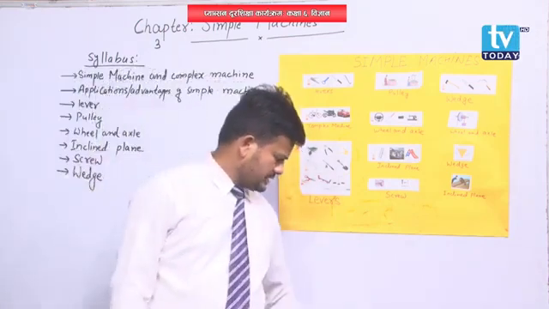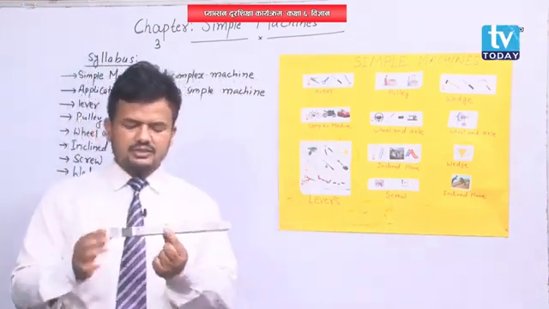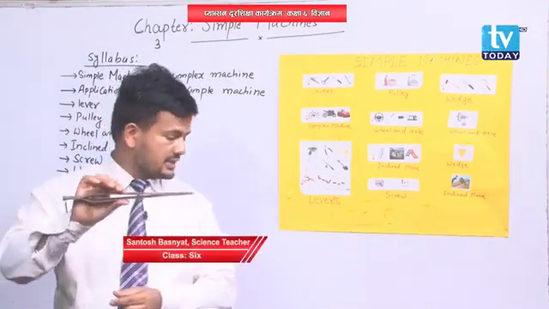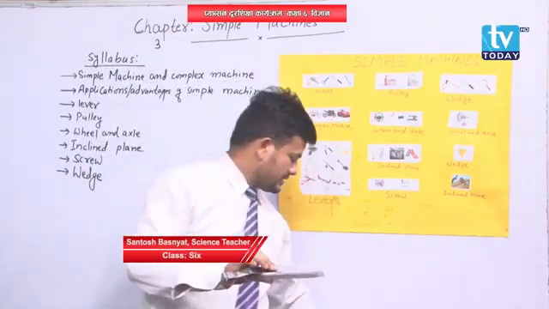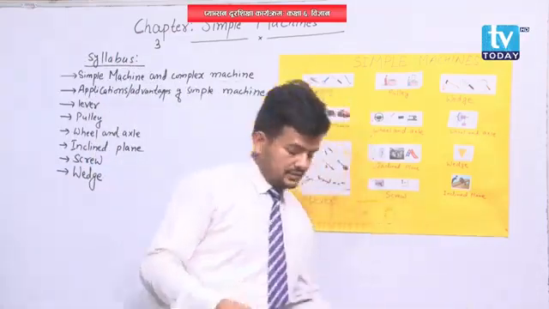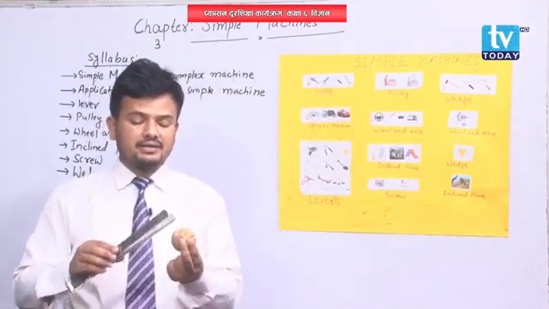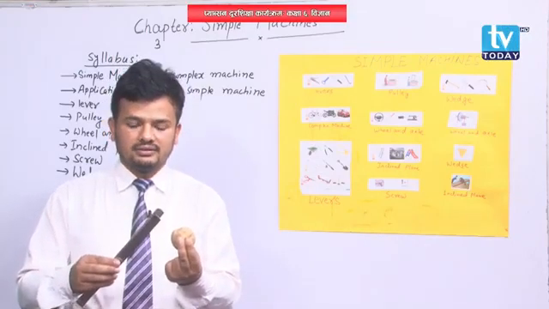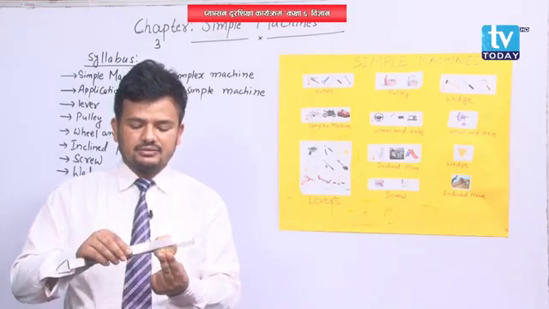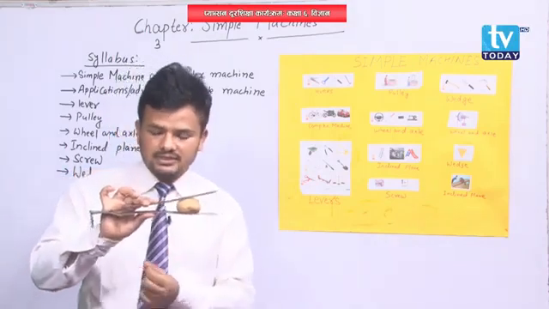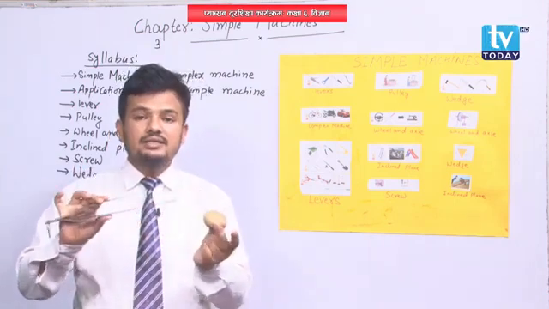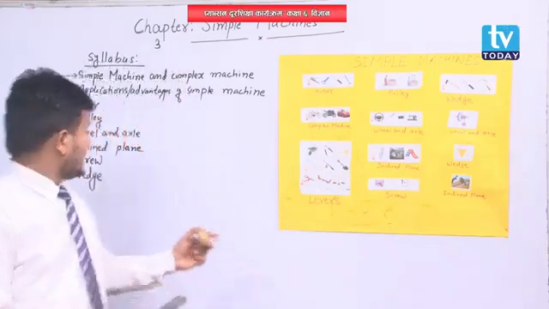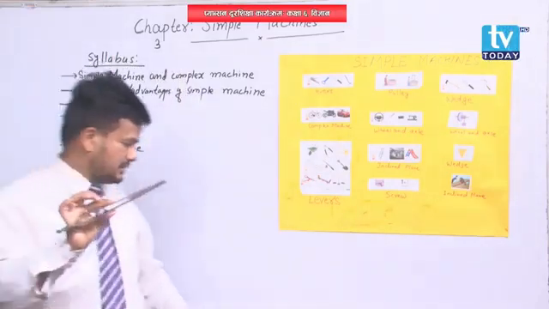See, this is what we call fire tongs. It is used to carry objects. For example, you can carry dangerous objects, let's say burning coal, with the help of fire tongs. It's very easy to carry. So this is a simple machine. It is called fire tongs, and it is a type of lever. So here I have said a lever. One example is this.